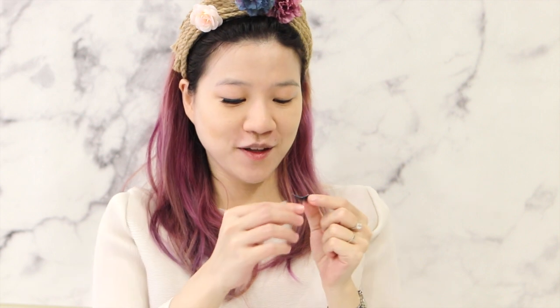So the glue I'm using is from K Collection. It's a local Indonesian brand again. I actually buy their lashes just because I like their lash glue. This lash glue only comes with their lashes. I wish they would sell their lash glue on their own, but they don't. So yeah, I'm stuck buying their lashes until they sell the glue on its own. I like it, and it's so tiny, so I can put it in my bag, or I can even